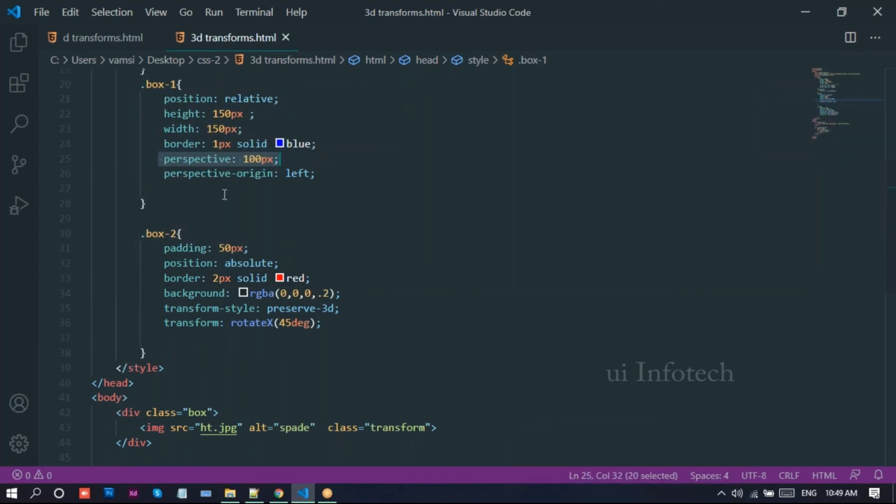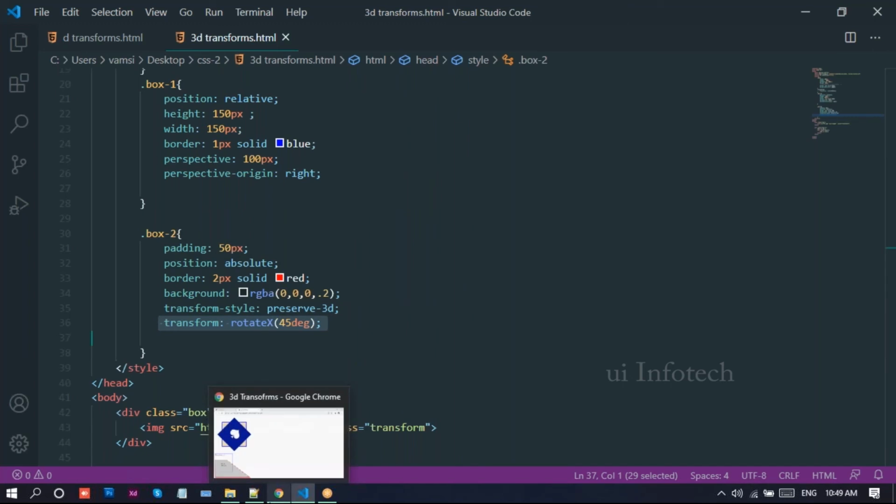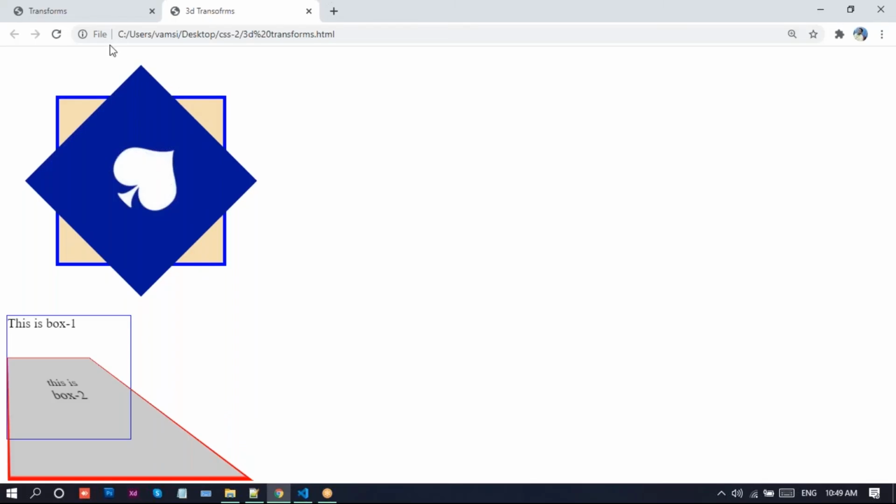So here we can use properties like perspective. That is, we can move the element. So perspective-origin means from the origin itself, whether on the left side or, if you want, the right side. So whether you need to provide left or right, that's up to you. I'll take the right side. And here we can write transform-style. Transform-style means whether it is a 3D effect or not. So we can write preserve-3d for this transform-style. And in transform, as usual, we can write the rotate property, translate property, skew property, scale property, whatever you want.